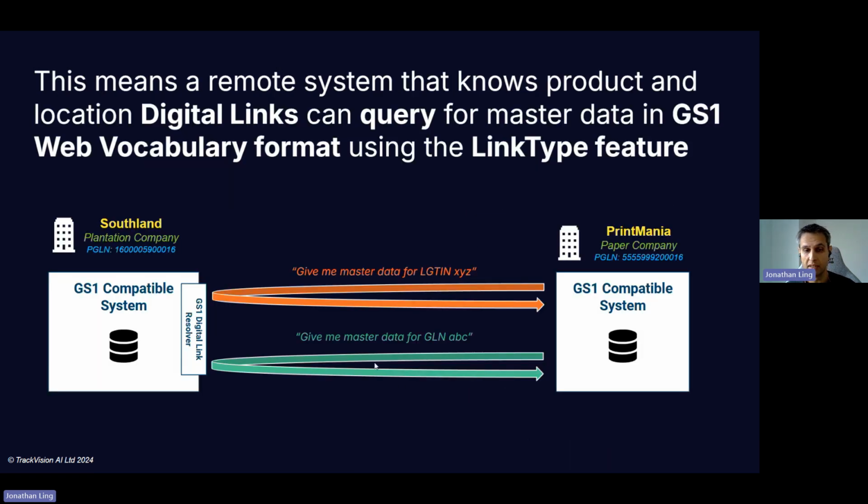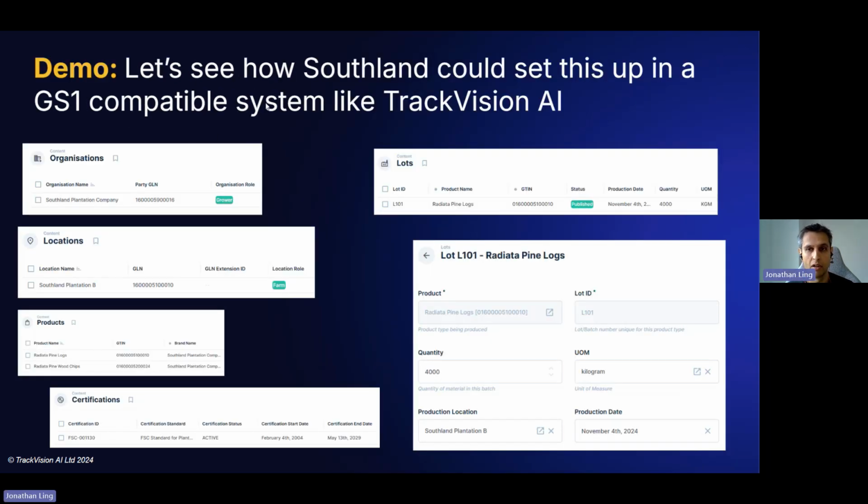So to bring that all together, what this means is that Southland can send an EPCIS message to PrintMania, and PrintMania can fill in the blanks by doing essentially API calls with the digital link and getting the data back in GS1 Web Vocabulary format. So let's hop straight into the system and see how easy it would be for Southland to set up all these digital links, set up an EPCIS message, and then we'll actually see it in action from the other side